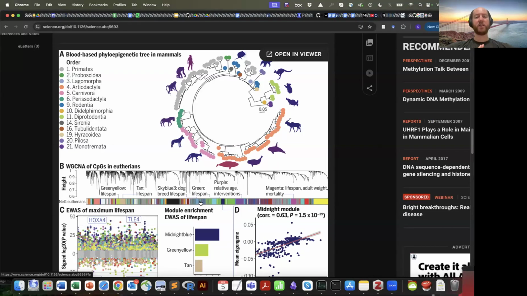So aging across mammals can be solved in one equation, one single equation. And so clearly the chemical marks and how we age can be mapped in a very simple way, looking at the epigenome. Therefore, if we can use strategies to maintain a healthy epigenome, to try to slow aging or delay aging, then obviously that would be extremely beneficial.